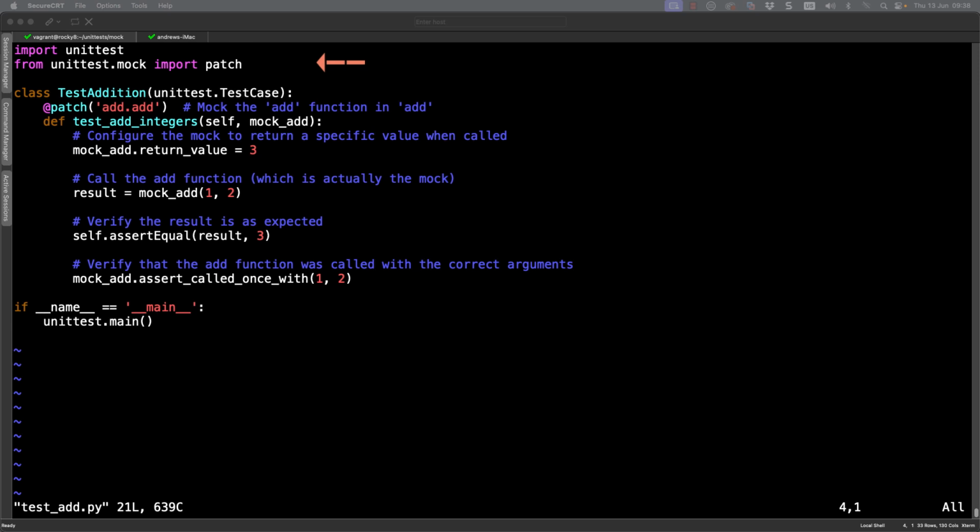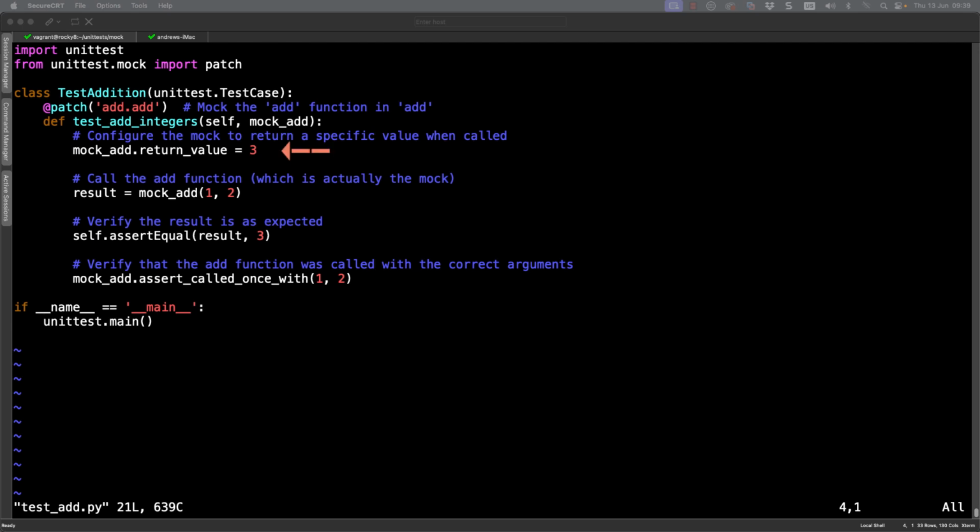So with this, instead of importing our original add module, we're importing unittest.mock, and from that patch instead of our add function. We go through our test in our normal way, but notice we're now using the decorator patch, saying that we are mimicking the add module and the add function.